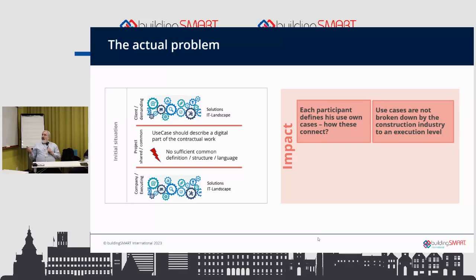Still, we have this problem that we don't have a structure here inside. If we have a client, the client is expecting something on one level, and we are discussing on the side of execution, so we have a different level. There are no levels defined for what is the high-level expectation and what is the execution expectation. So the company systems, this company system and this company system, are very difficult to connect